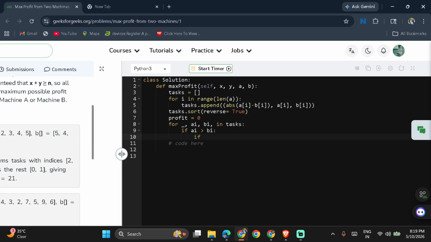So if we can select any tasks from machine A, then I will check whether x is possible. Is it possible to take from machine A or not? If it is possible from machine A, then we will choose the task greedily from machine A, then update our profit plus equal to A. Okay, we will increment our profit with the value of machine A,